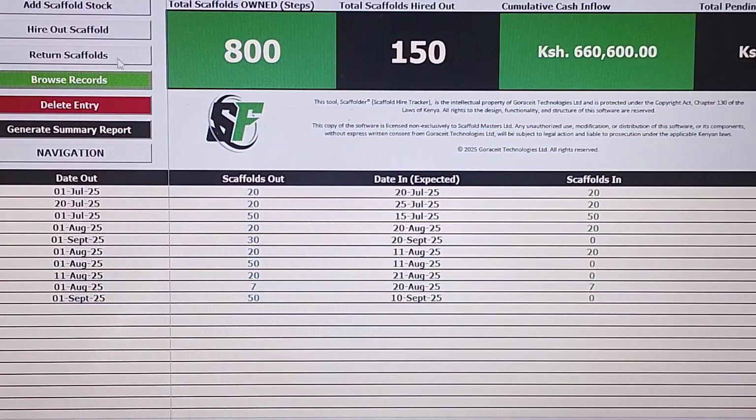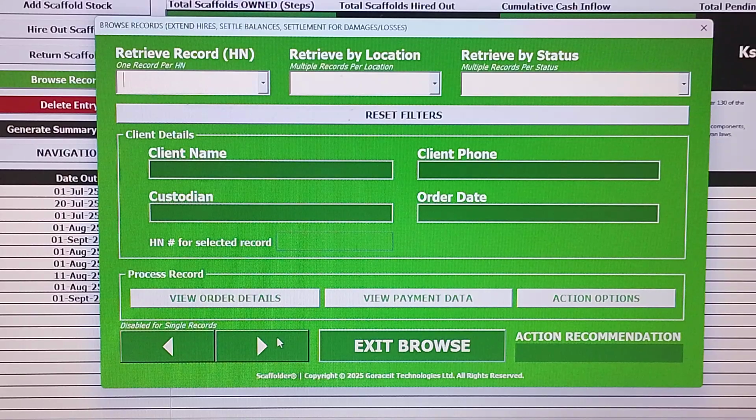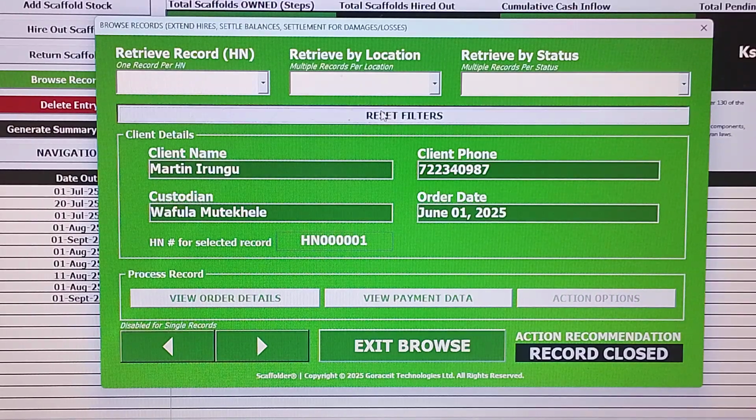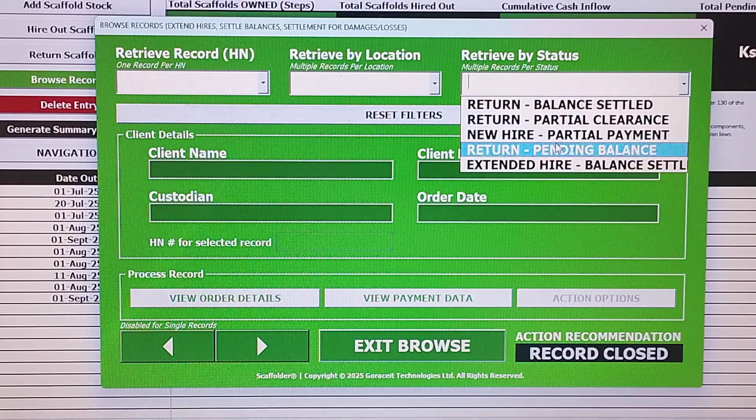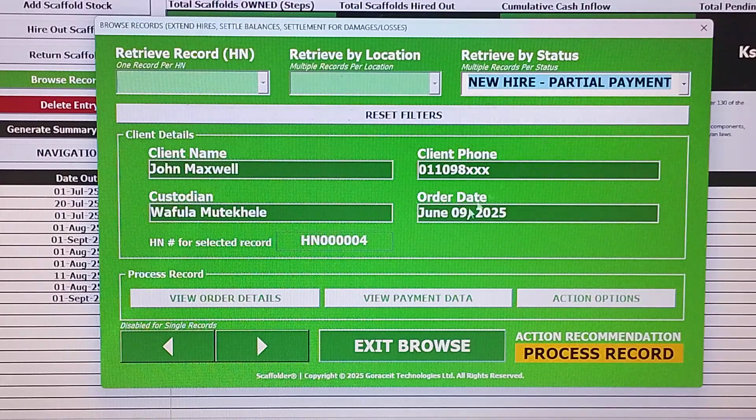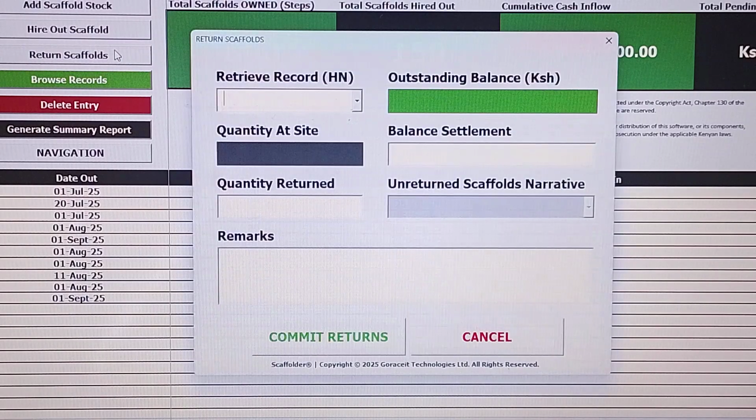So I will go to return scaffolds. What was the hire number? Sorry, the hire number was HN04. So you come to return scaffolds, and then on this field, this is the form for return scaffolds. There will be some of these fields will be populated once you have selected the hire number for the record,